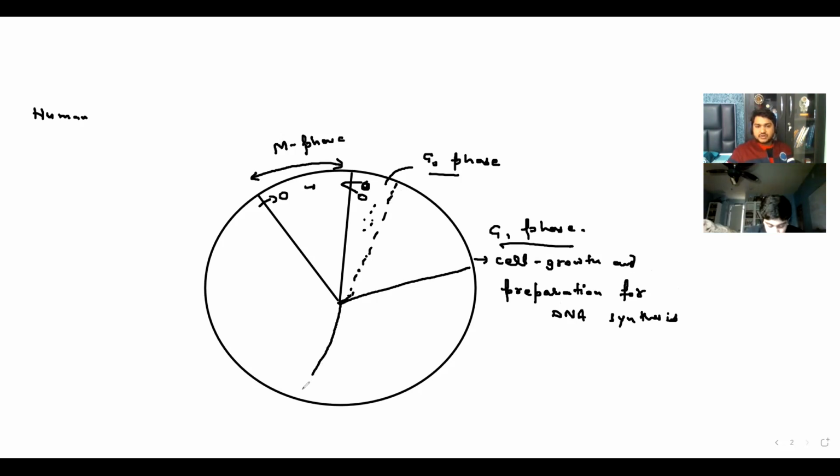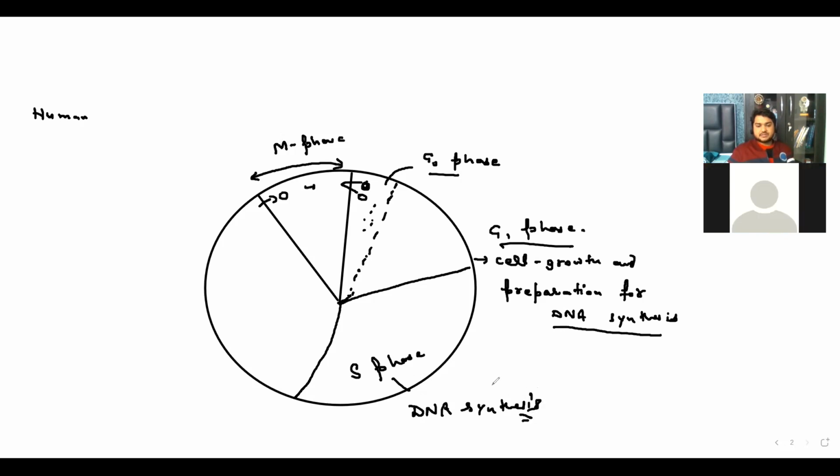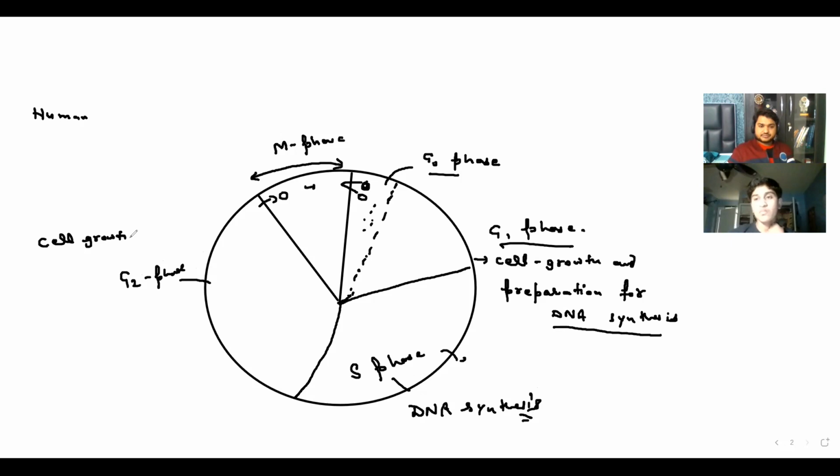The next phase is known as the S phase. Here, as I told you, they were preparing themselves for DNA synthesis. And why is it the S phase? S phase means synthesis. Synthesis of DNA has already taken place here. So DNA synthesis takes place in the S phase. And the last is known as the G2 phase, gap 2 phase. Here the cell growth has already been done, the cell is becoming very large,